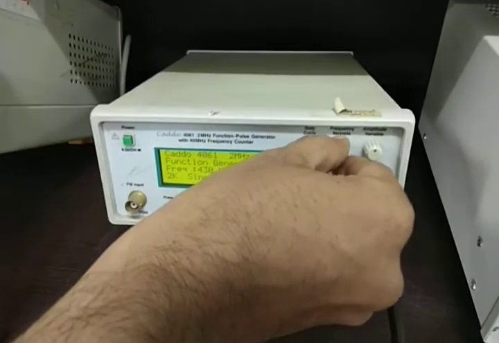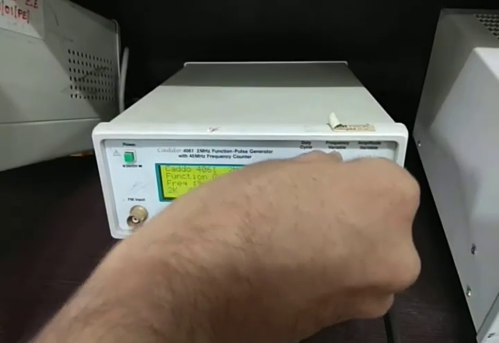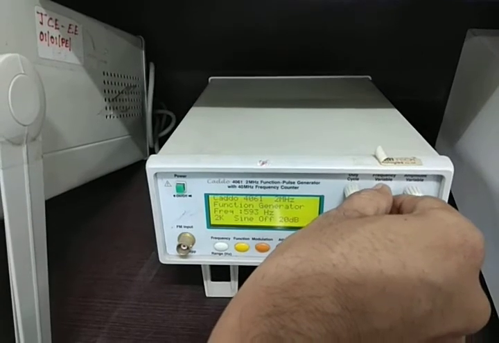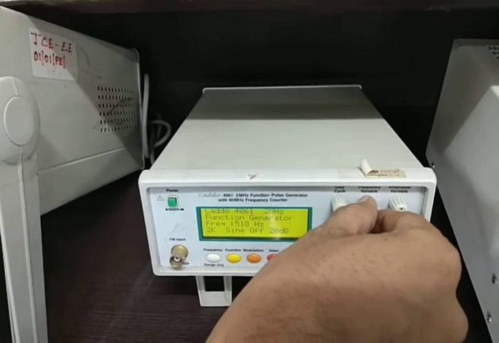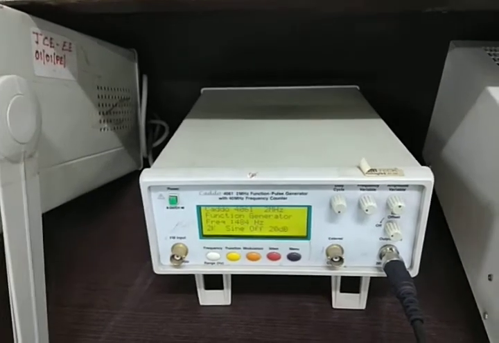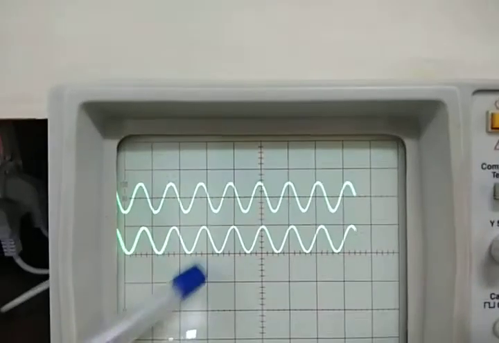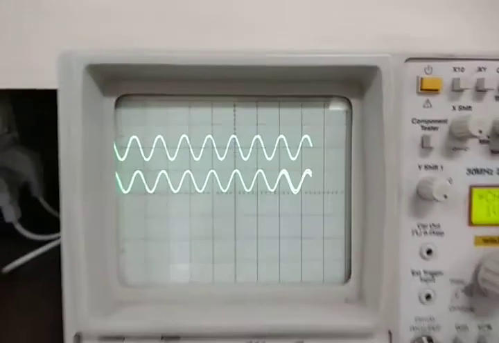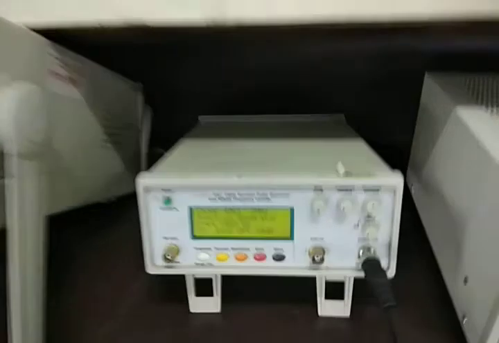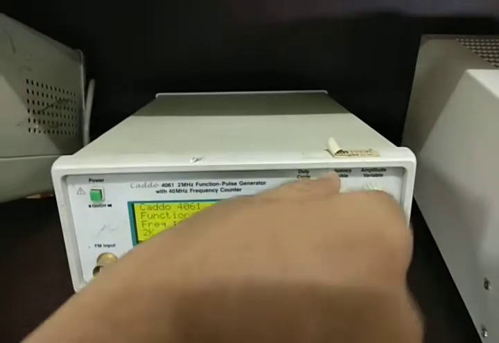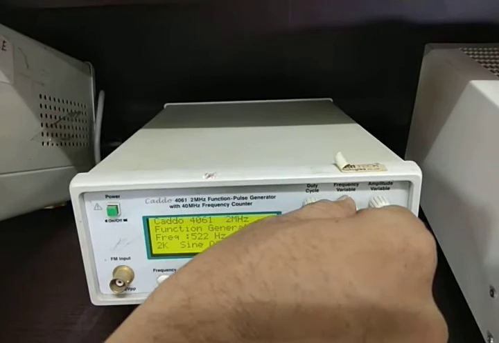Let us further increase the frequency. So we have taken 400, let us make it 500 hertz approximately. Okay. So for 500 hertz frequency also we are getting a constant output of 1 volt. So it is 1 volt peak to peak. Again the gain in dB is 0. Let us increase to some higher value here. So we will make it around 600, 700 or 800 hertz.